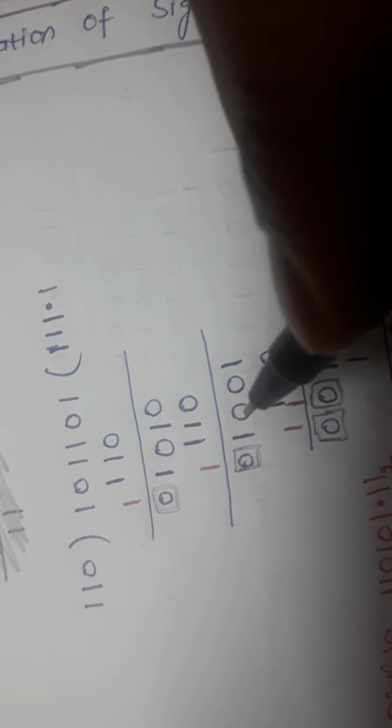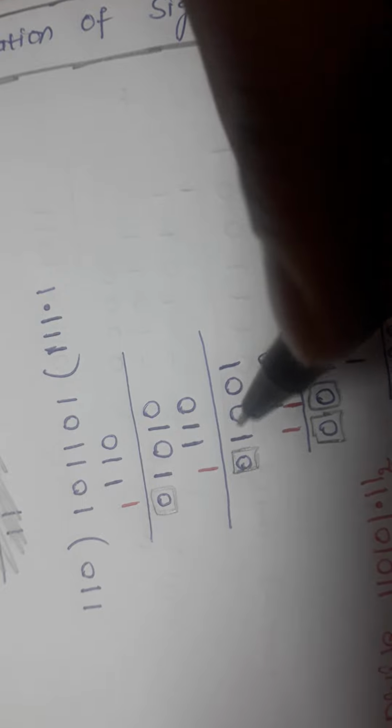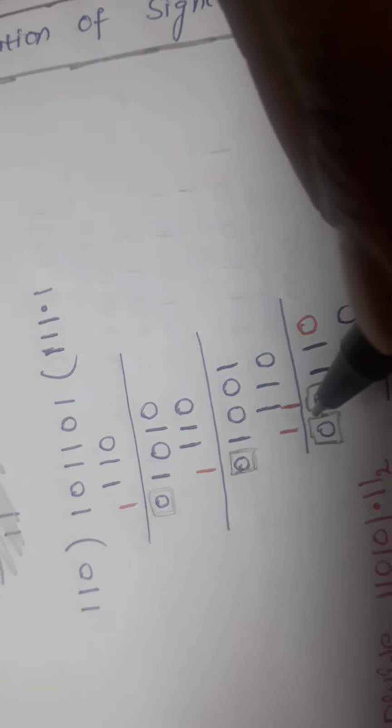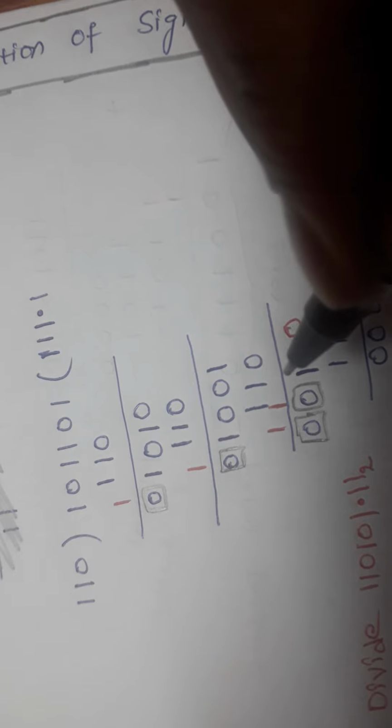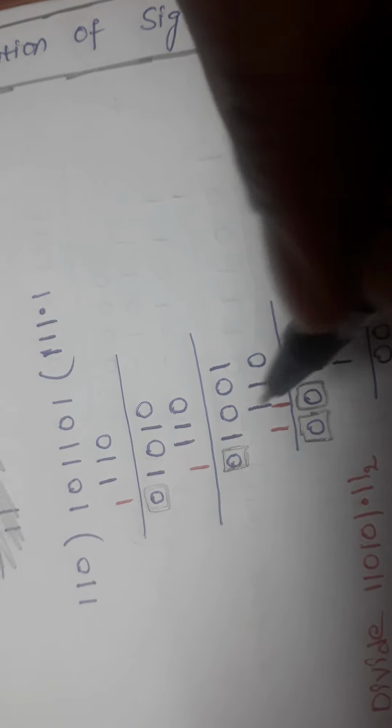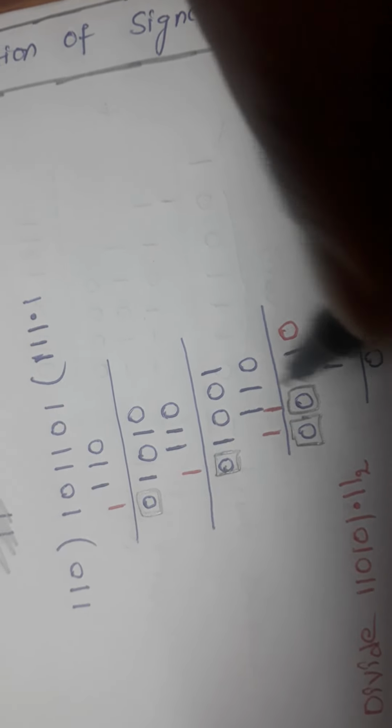Now if you observe 100, once again it is not possible to divide 4 by 6, therefore I am going to take the next bit, that is 1. Now 1101 once again minus 110: 1 minus 0 is 1, then 0 minus 1 is difference 1, borrow 1, then the difference is 0, borrow is 1, then it becomes 0. Therefore after eliminating these zeros, what is the remainder? 11 is the remainder.